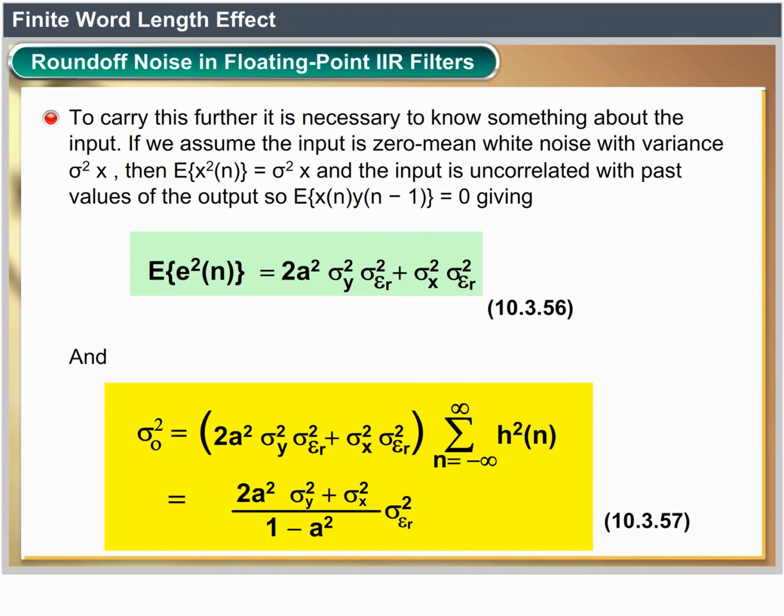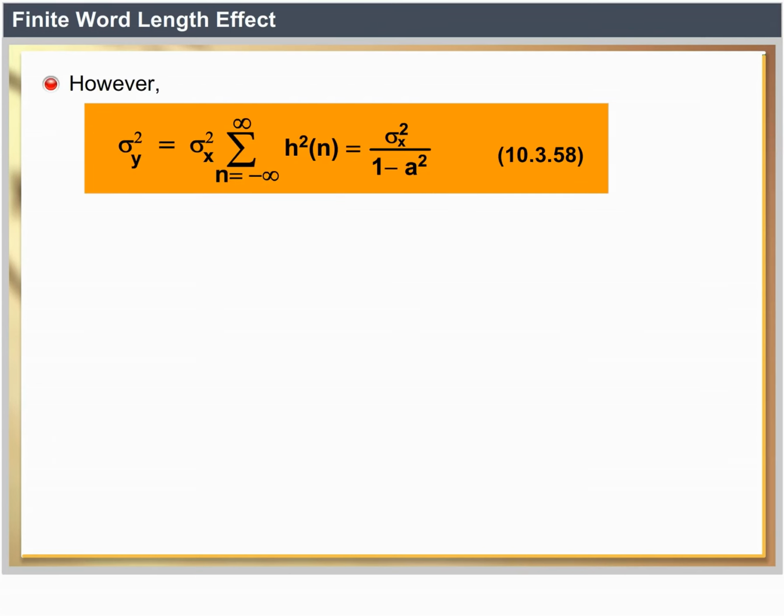epsilon r square plus sigma x square into sigma epsilon r square into summation n equal to minus infinity to plus infinity h square of n, equal to 2a square into sigma y square plus sigma x square divided by 1 minus a square into sigma epsilon r square, is called equation number 10.3.57. However, sigma y square equal to sigma x square into summation n equal to minus infinity to plus infinity h square of n, equal to sigma x square divided by 1 minus a square, is called equation number